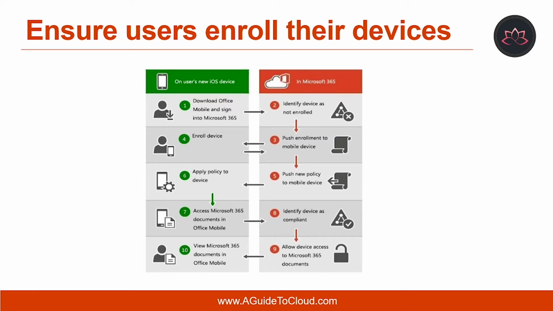If such a policy is in place and a user tries to access company resources such as his or her Exchange Online mailboxes, the user will be denied access and redirected to enroll his or her device first. After the user enrolls the device, he or she will be able to access the mailbox. This is an example diagram which shows what happens when a user with a new device tries to access Microsoft 365. The user is blocked from accessing Microsoft 365 resources in the app until he or she enrolls the device.